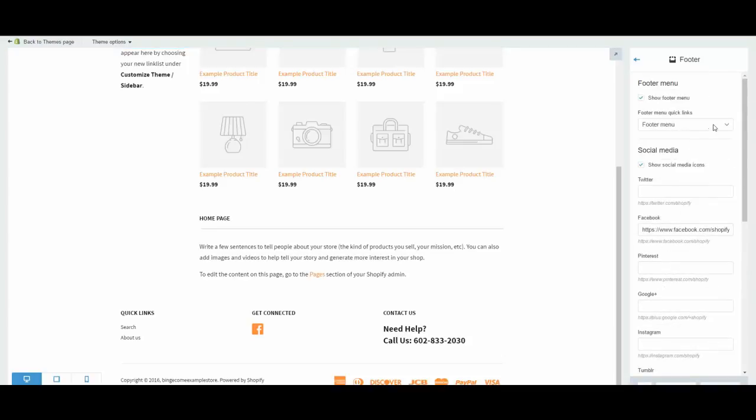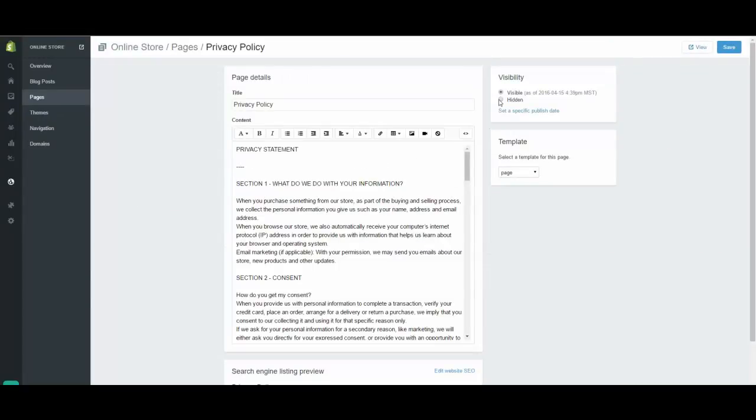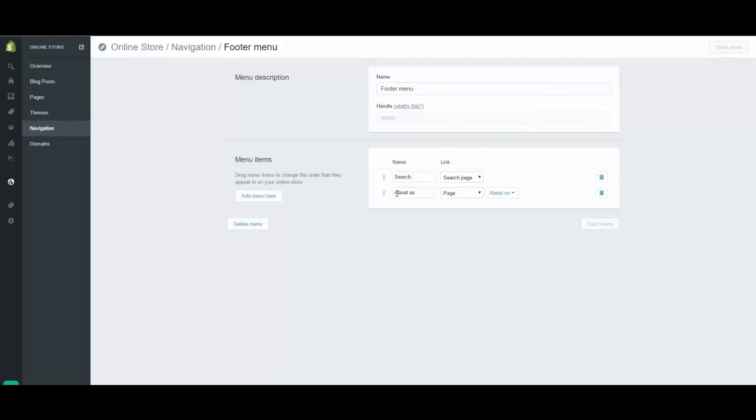Now I need to figure out how to get the support pages on there. Are these visible? Visible. Okay. Oh, there we go. Okay, so footer menu. You go to the navigation pane right here, and you need to edit the menu for the footer. About Us is already at the top, so I would just remove that one